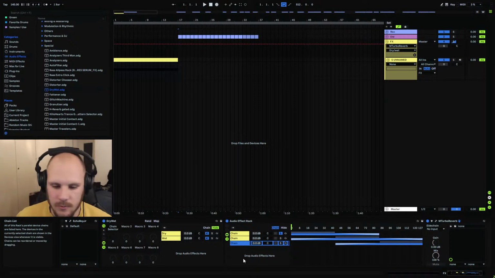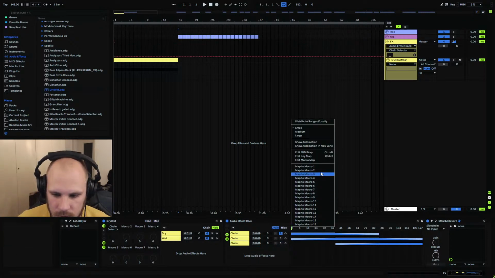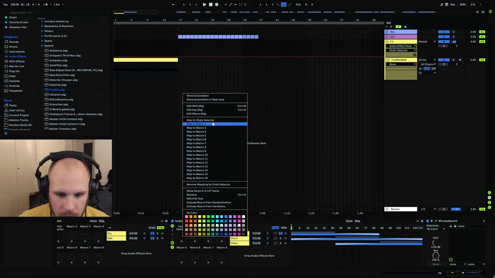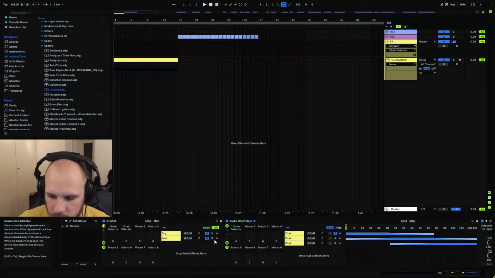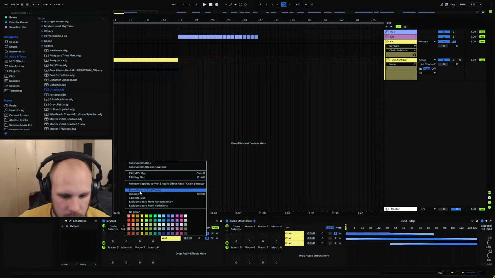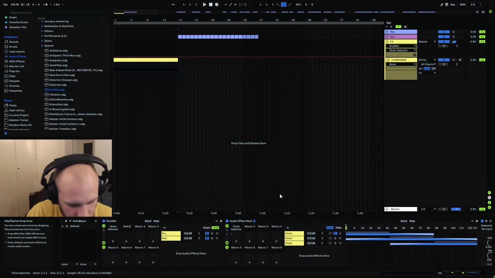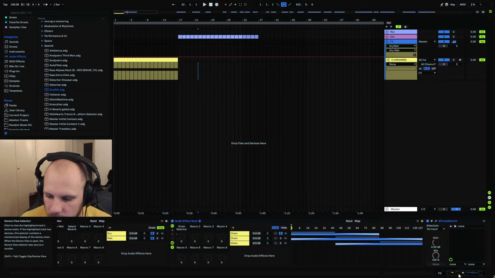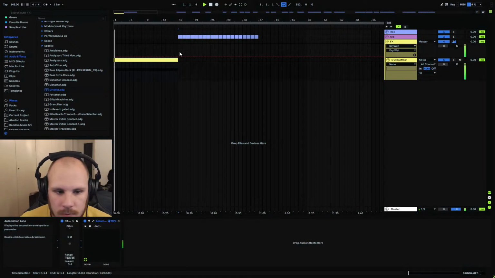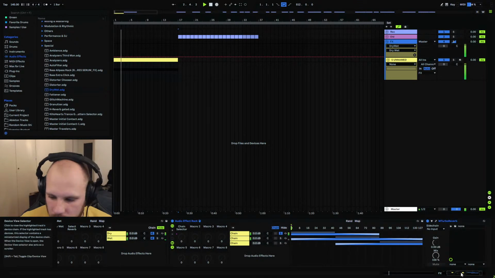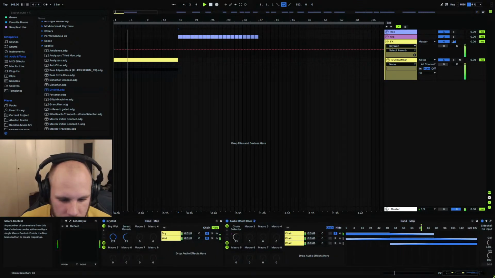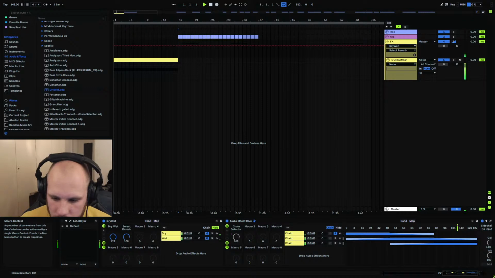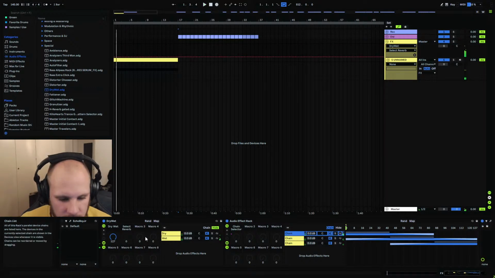We'll go for 3 right now. So I can set this to macro 1 and then this to macro 1 as well. Call this select reverb, and then this is going to be the dry wet. I'm just quickly making this rack so we can play with it. And now we should be able to just go like this. Of course I have it soloed, so